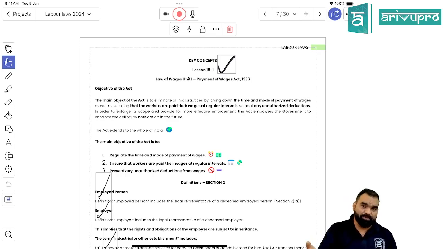Now if we further proceed, we'll get to know what kind of things can be deducted by an establishment when it comes to authorized deductions, right? When it comes to authorized deductions, only 10 items can be deducted, out of which all items are quite logical, whereas 2 items are subject matter of the internal policy of the organization. When it comes to fines, there should be a stringent, clear and written policy in respect of the fines that can be deducted from the salary or wages of the employee.